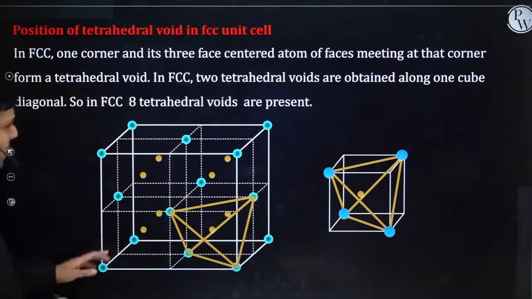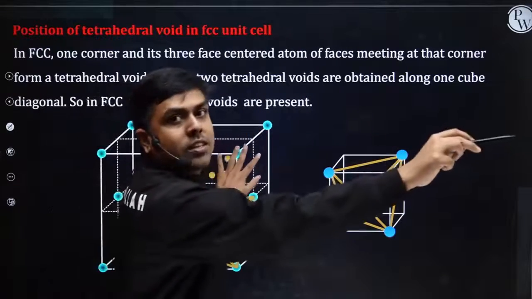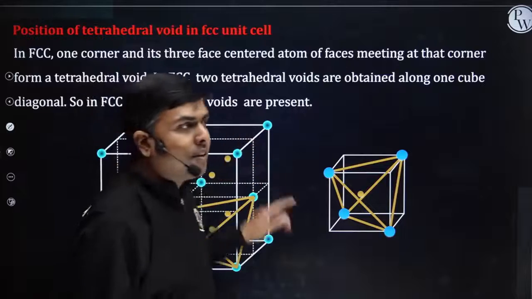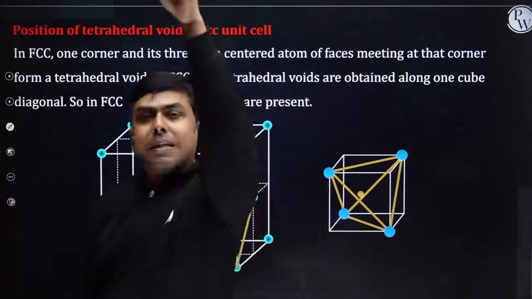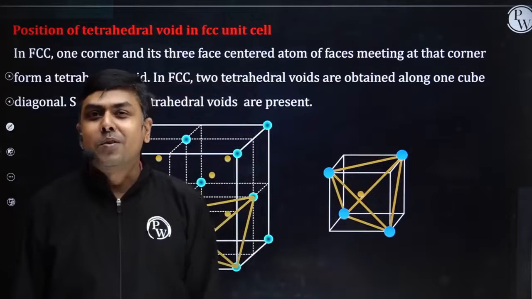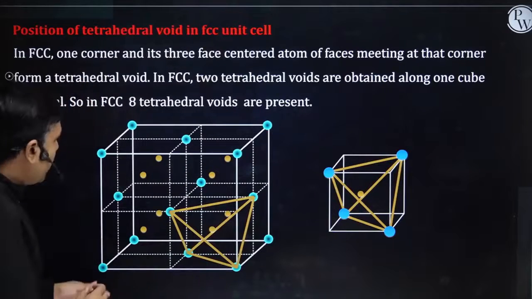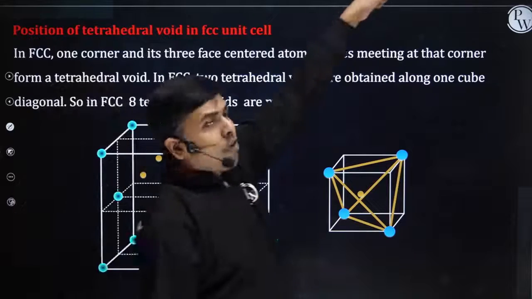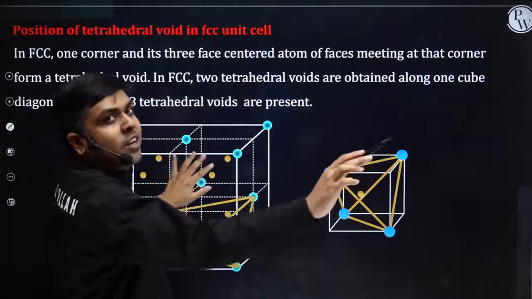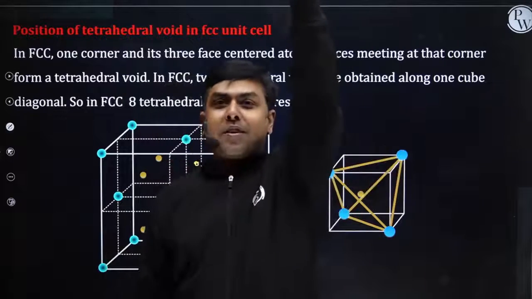Right, students? Okay. Now, simply focus on 3 walls. This face, the adjoining this face, and the row. Focus on the atoms placed here. One of the atom is placed here, the other one is placed here, and the third one is placed here, right? What's the distance between these two spheres? It's also a by root 2. You can easily calculate, right? This one to this one distance is also a by root 2. Now, if this particular atom is touching the corner atom, which is at a distance of a by root 2, means this face center atom will also touch all the adjoining face center atoms. This one will touch this one also and this one also.